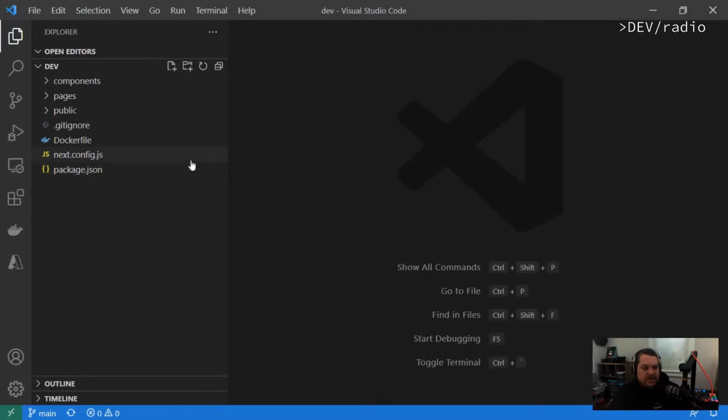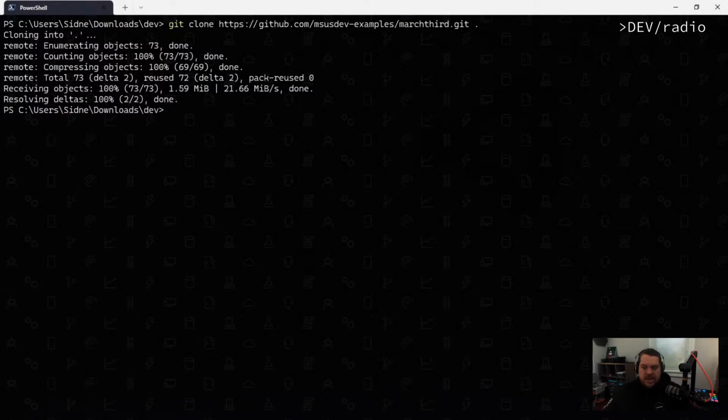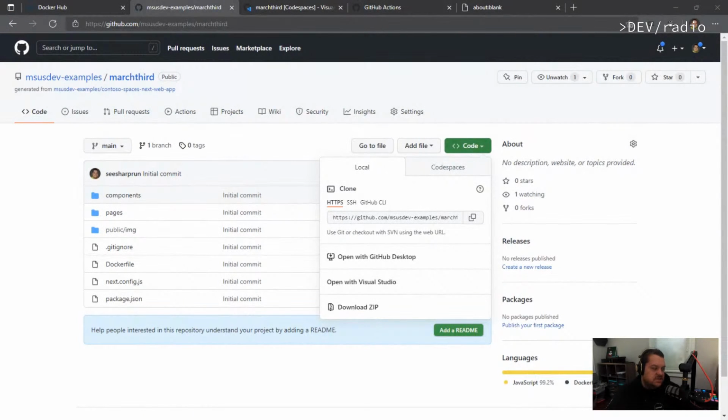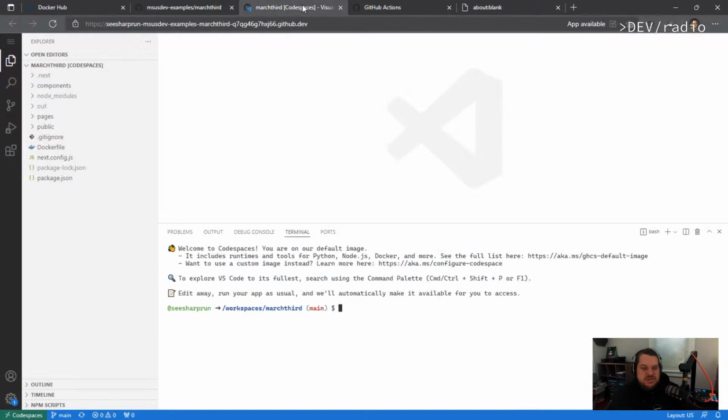Here we go. I have it open on my local machine. And I remember it's npm install to install my npm packages locally. That'll take a second. Once that's installed, I'll just npm run dev, and that will allow me to run the application locally. Let me go double check the status of Codespaces. Looks like Codespaces is ready to go. I'll do the same thing over here. npm install, installing my npm package dependencies,